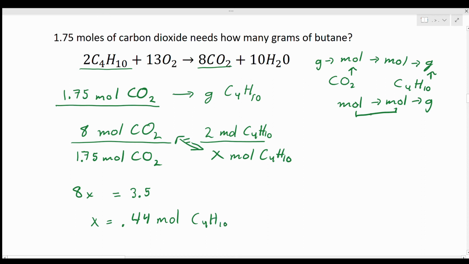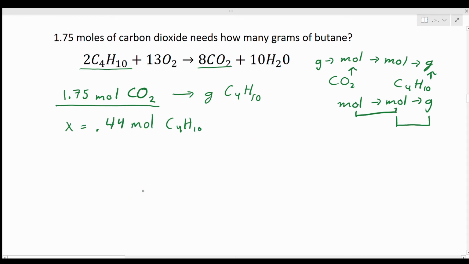Alright, so now that we have converted moles of carbon dioxide to moles of butane, next we know that we must convert moles of butane to grams of butane. And so when we convert moles to grams, we involve the molar mass, or formula mass, whichever term you prefer. And so we know that we need to convert 0.44 moles of butane to grams of this compound. Let's first find the formula mass for butane. And that will be, let's see, carbon